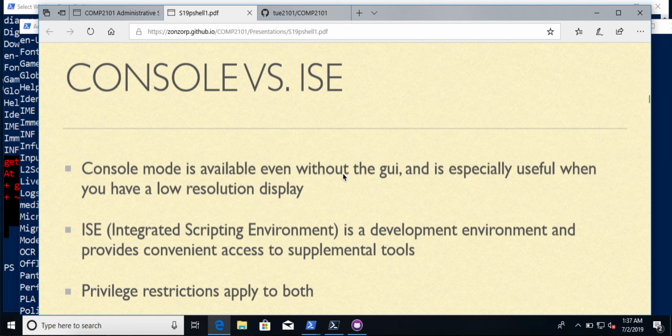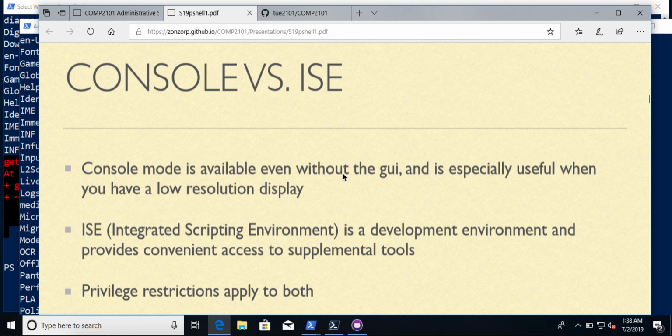The PowerShell command window is available in two forms. The first is the console mode, which is what we've been using so far. The second is the ISE tool, the Integrated Scripting Environment tool. Console mode is useful and quick and simple for straightforward tasks. If you require the documentation for the commandlets and assistance with an editing tool, the integrated scripting environment may be